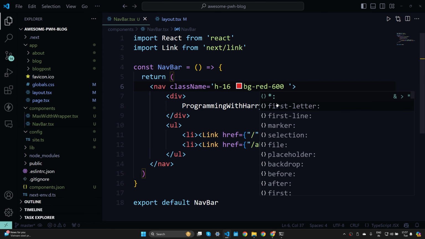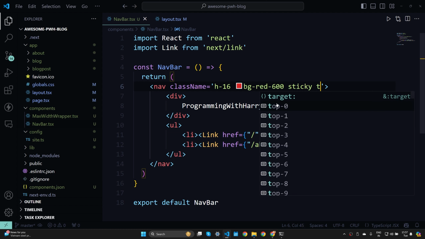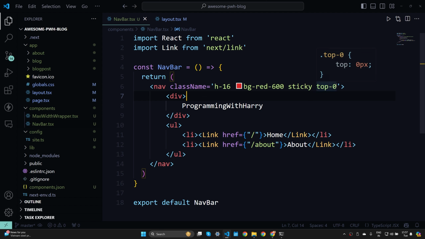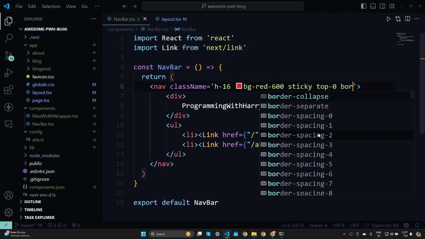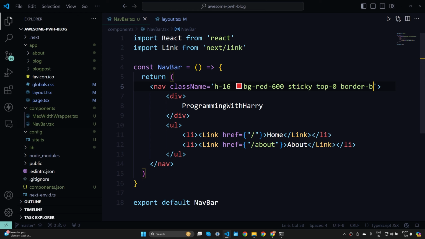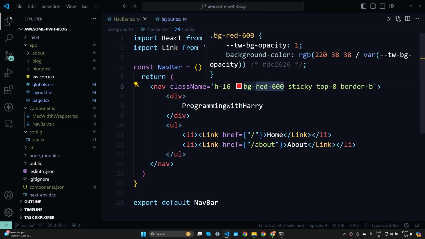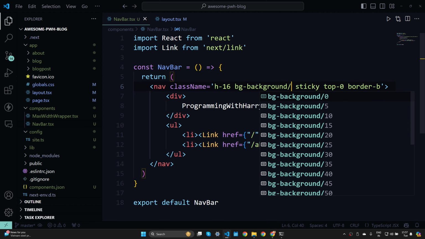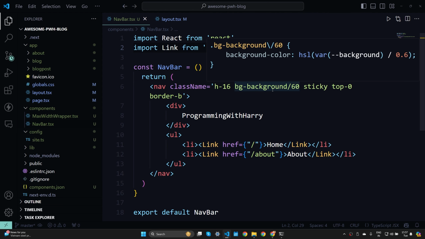I'm going to add some border. So first let me make it sticky and then top-0. This will actually help me get it at the top when I scroll. It really helps when you want your navbars to stick to the top. And then border-b will add this CSS, which is border-bottom-width 1 pixel. It will add a very good looking border. And then let's say bg-background. Now what is bg-background? And let's say /60. Now bg-background/60 will actually give it an opacity of 0.6,